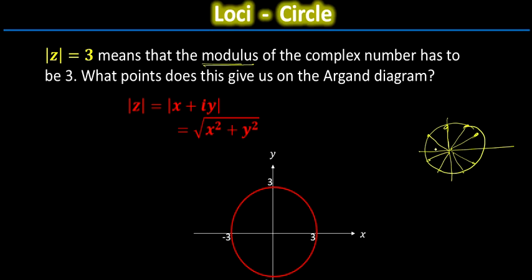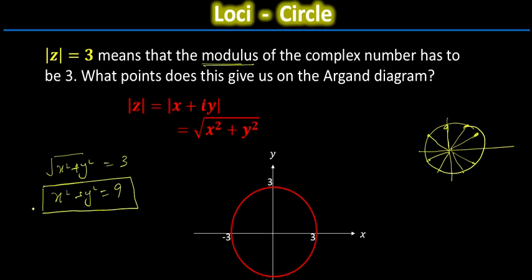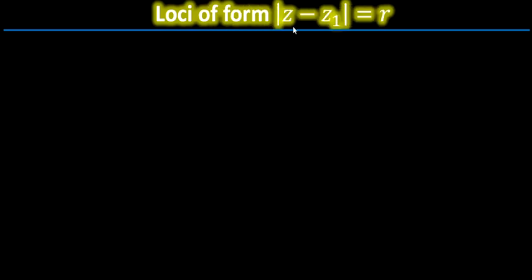And I'm sure all of you have done P1 mathematics, the equation of a circle in Cartesian form. If I simply write x squared plus y squared, which is |z| = 3, squaring both sides, you get this familiar equation of a circle with center at O and radius 3. So this is the complex equation, and this is the Cartesian equation. You should also learn in this lecture how to convert an equation in complex number form into Cartesian form. Now students, this is the standard form, |z - z1| = r,